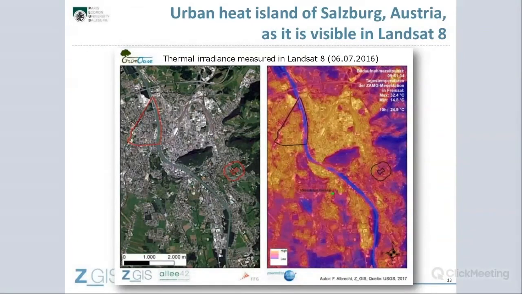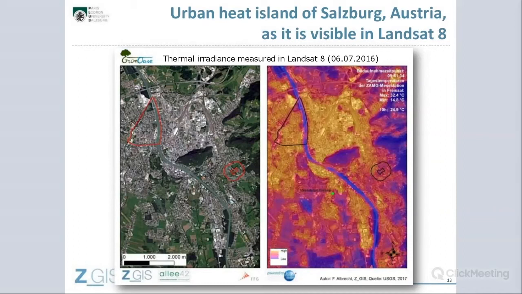So urban heat islands. This is a picture of a Landsat scene from a couple of years ago of the city of Salzburg, where on the left side you can see the true color image, and on the other side you can see the true color image overlaid with the land surface temperature of the corresponding thermal band of Landsat.